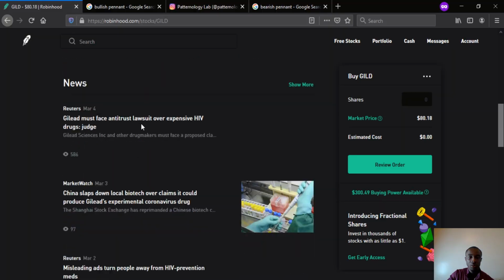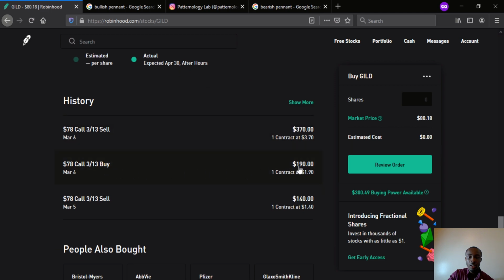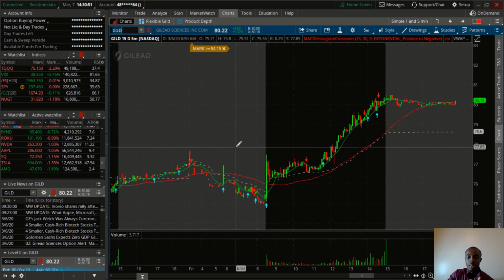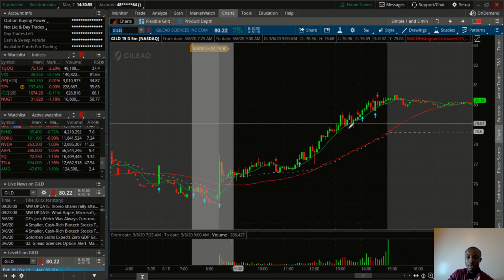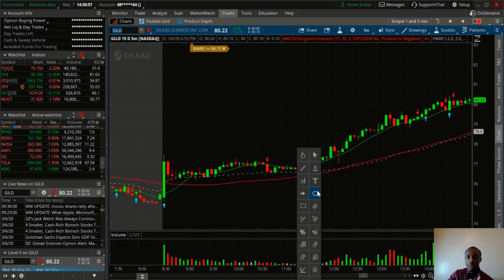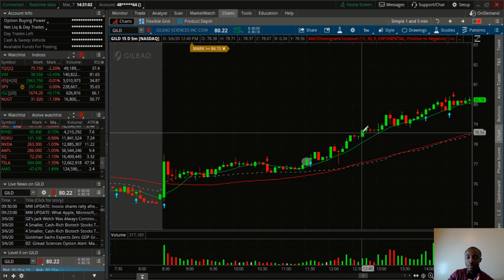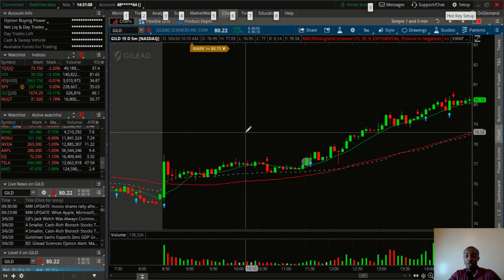Now if we scroll down to the history, we invested $190 on this contract, and we got in at exactly 11:35 p.m. Now let's go to this chart right here, and 11:35 p.m. would be right here. I got in right here. The reason why I got in right at that exact time was because earlier during the